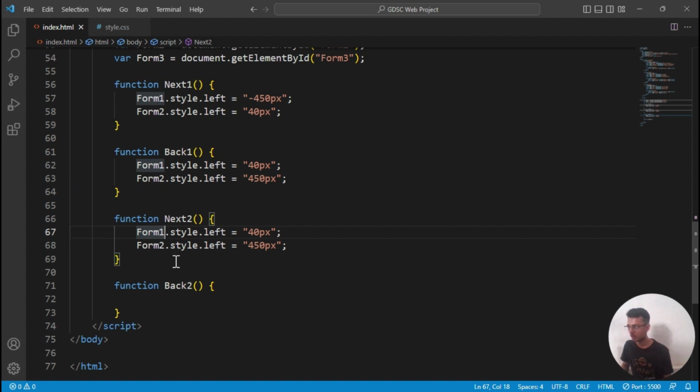For now, here there is form 2, and I will give the margin from the left side as minus 450 pixels. Same here, it will be form 3, and I will give the margin from the left side as 40 pixels. I'm just copying that code